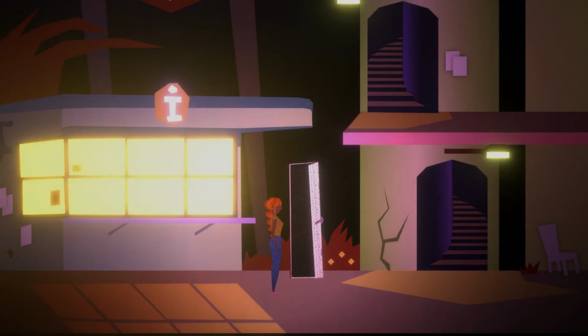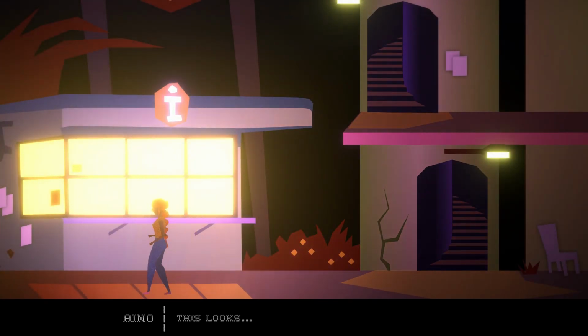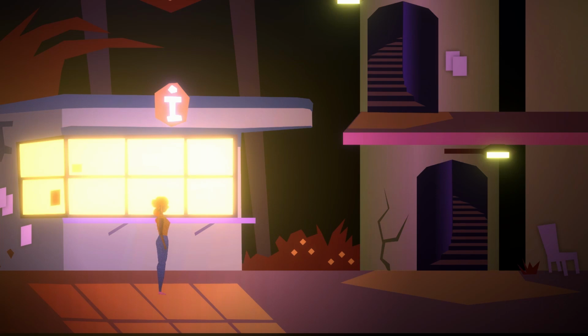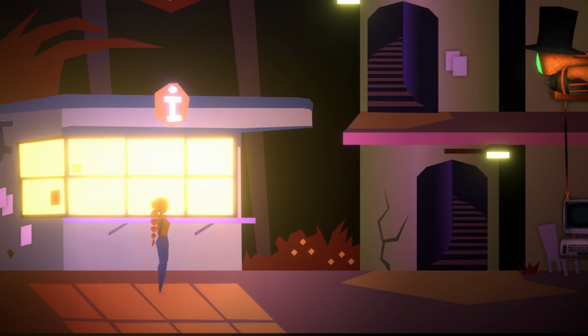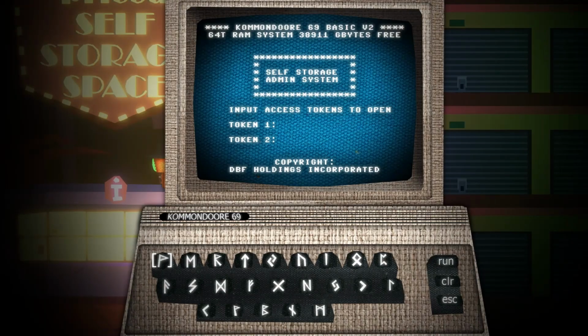Another week bites the dust, and on the menu for this week has been this cool self-storage level. The player might end up in it in the first third of the game. This level is very puzzle focused, as the player is tasked to open the correct storage unit in order to exit the level. At this point of the development, I've been focusing on balancing the content between the narrative and